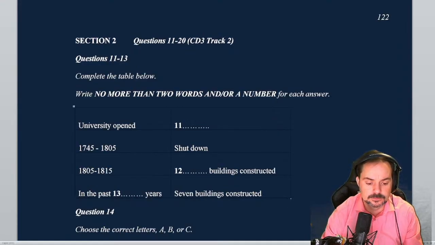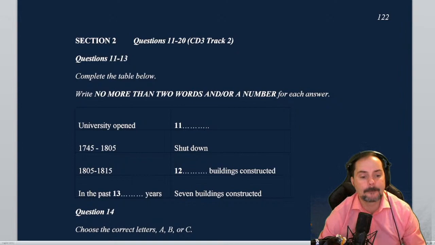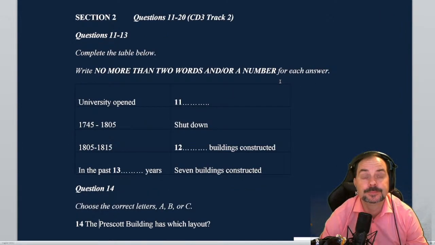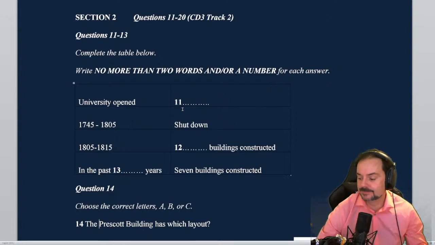Take some time to look at questions 11 to 16. Listening section 2. You will hear a recording of a university campus tour. First, you have some time to look at questions 11 to 16.